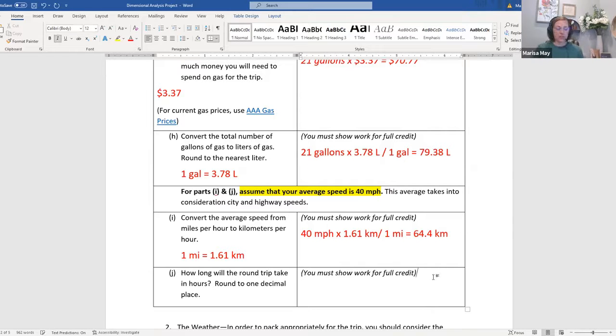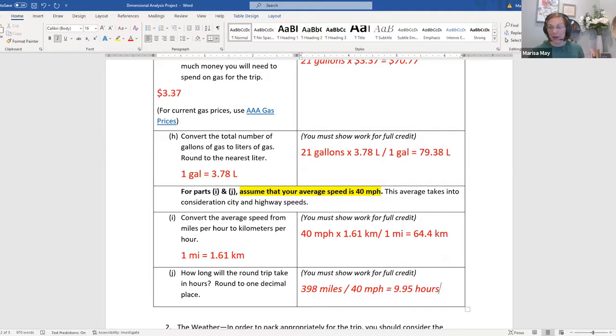So this one you have to go back to your mileage. You'll remember my round trip miles to San Antonio is 398 miles. And I'm going to drive 40 miles per hour. Now yours is going to be different because you're going to have different mileage, but we're all going to divide by 40 miles per hour. And I think it's like 9.95 hours here. As a side note, the trip to San Antonio for me is about 3 hours there and 3 hours back